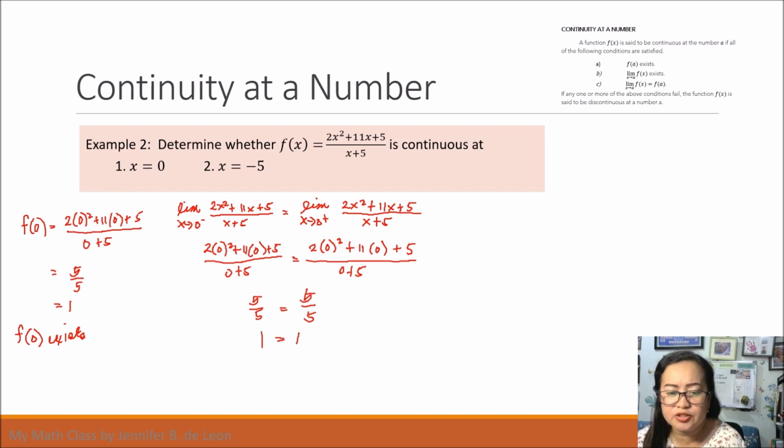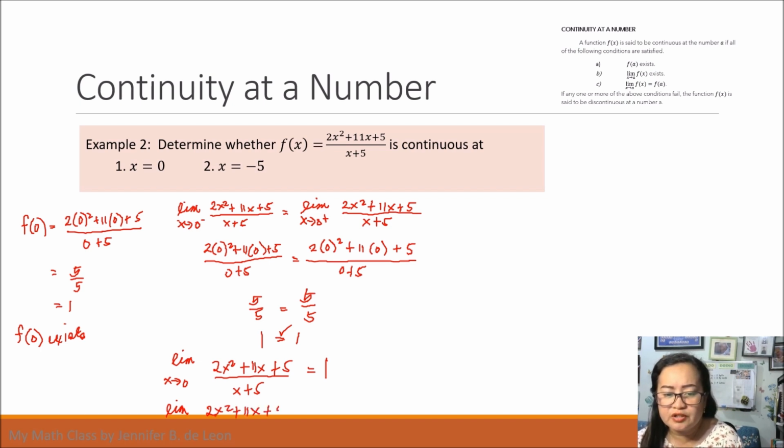They are both equal to 1. So hence we can say that the limit of 2x squared plus 11x plus 5 all over x plus 5 as x approaches 0 is equal to 1. So therefore, this limit exists. Okay, so we can say that it satisfies the second condition in particular. So we can conclude that